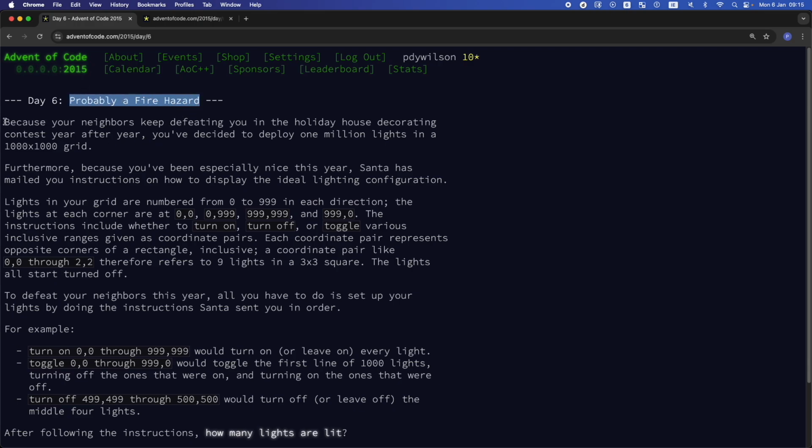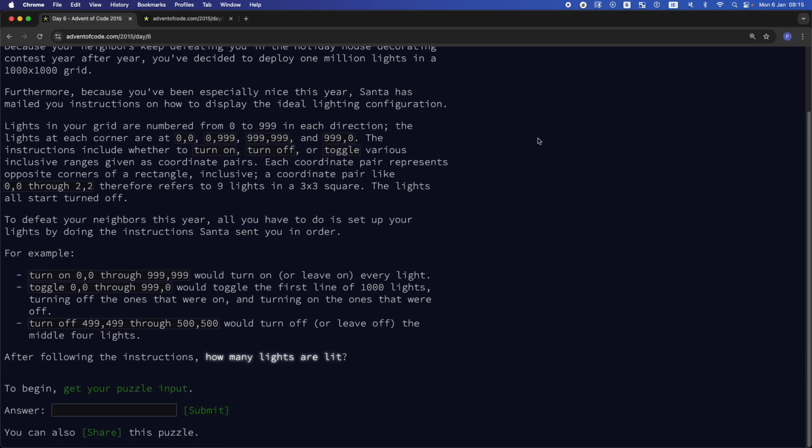Probably a fire hazard, because your neighbors keep defeating you in the holiday house decorating contest year after year. You've decided to deploy 1 million lights in a 1,000 times 1,000 grid. Furthermore, because you've been especially nice this year, Santa has mailed you instructions on how to display the ideal lighting